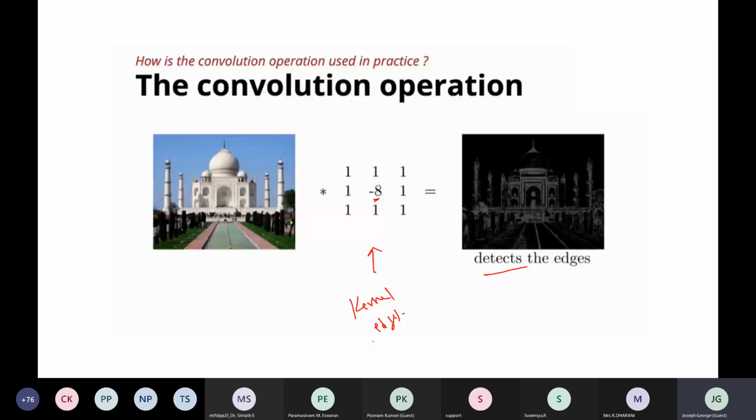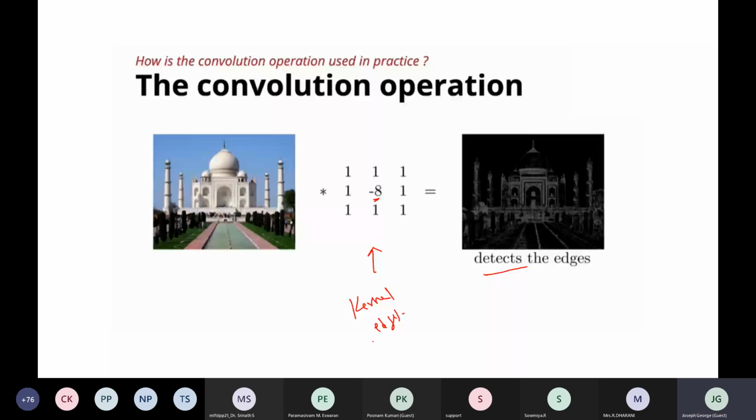In some other case, it may identify the shapes. For example, if your image is a cat or a dog, then one filter will look only for the features that belong to eyes.